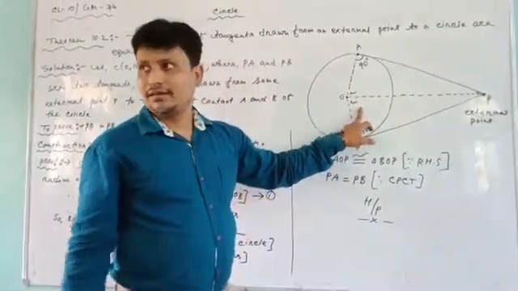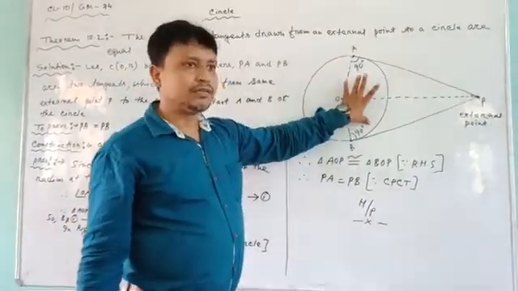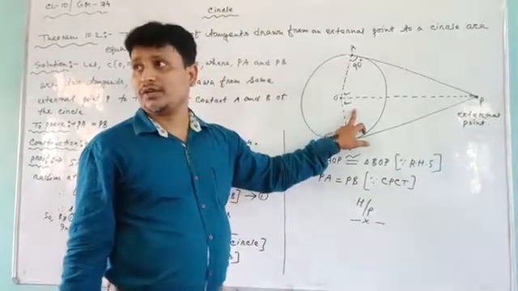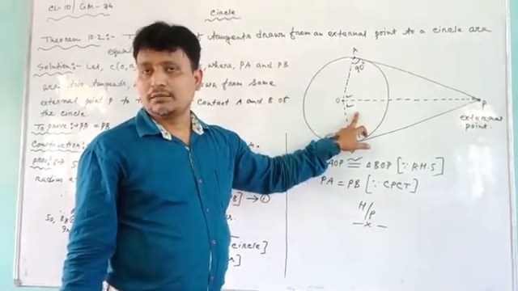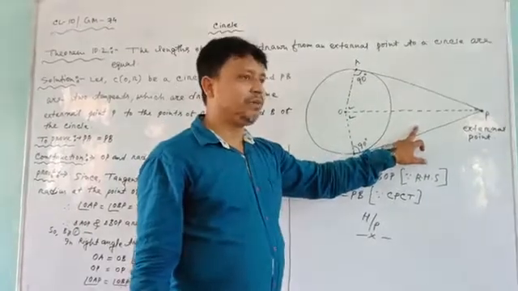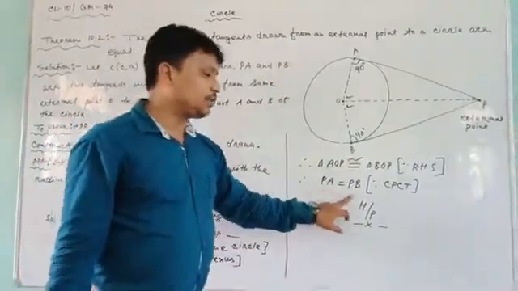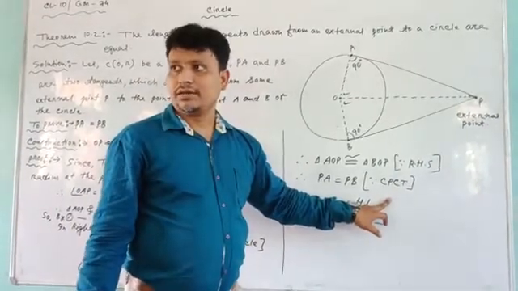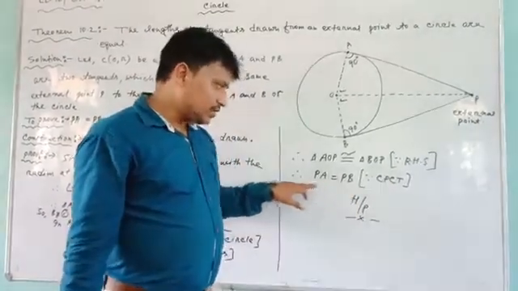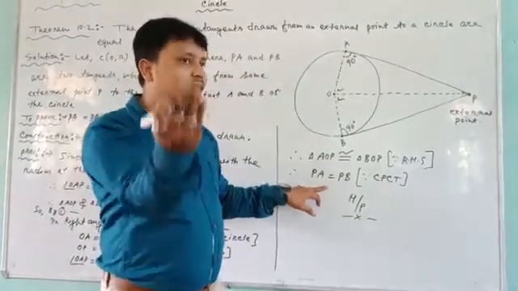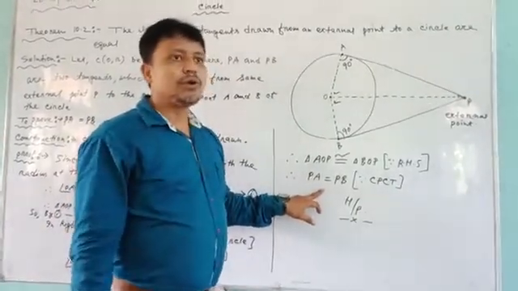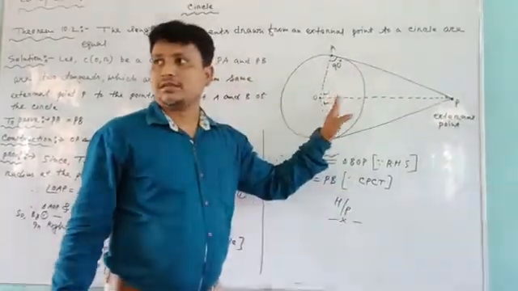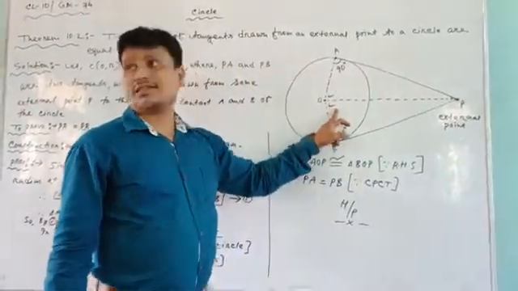Same thing. Once you prove these two triangles congruent, finally you write these two angles equal by CPCT, corresponding parts of congruent triangles. But now we want what? PA equal to PB, so that's why finally we write PA equal to PB by CPCT, corresponding parts of congruent triangles. So in place of this, if it is written, prove that when you draw one pair of tangents from the same external point to a circle, that pair of tangents are subtending equal angles at the center.